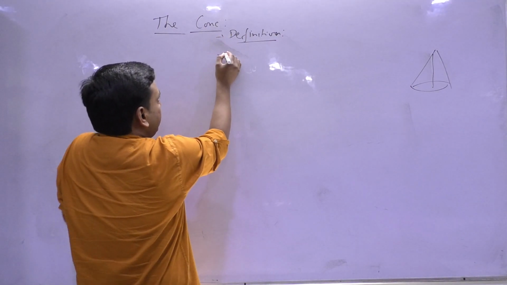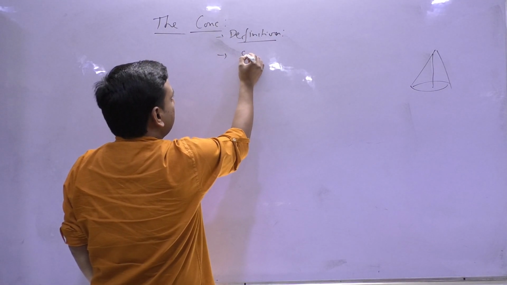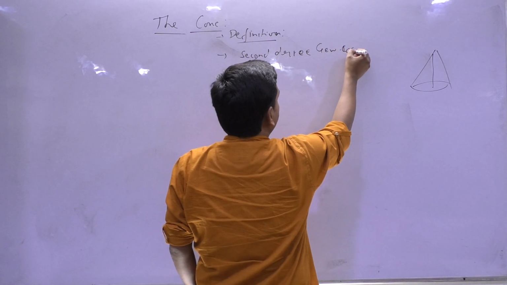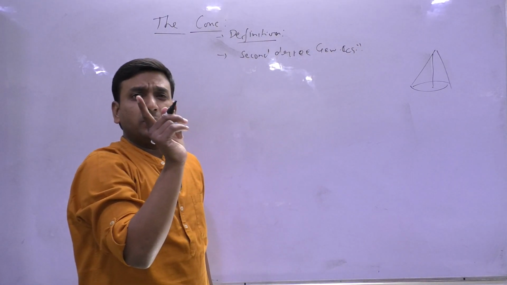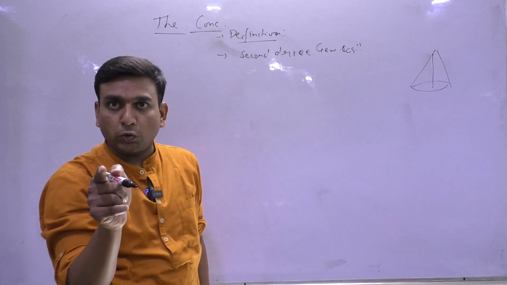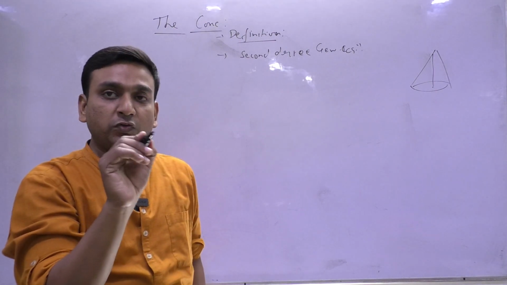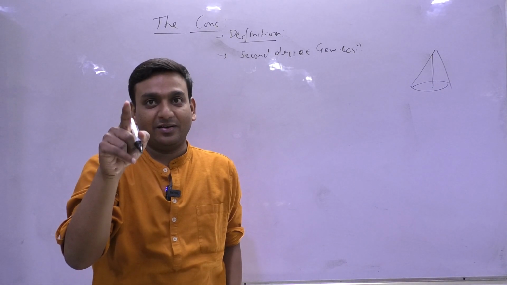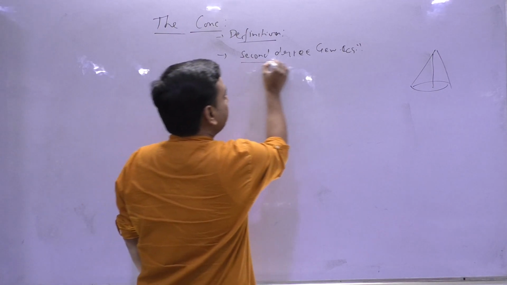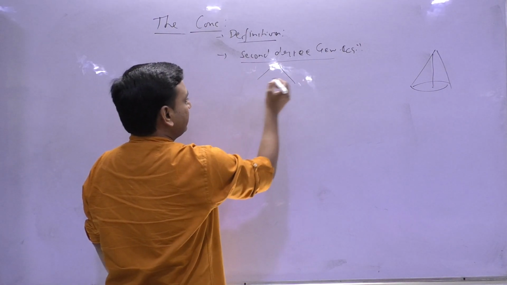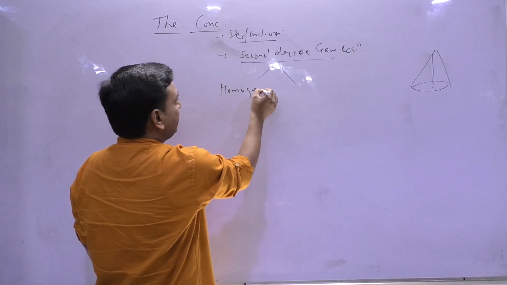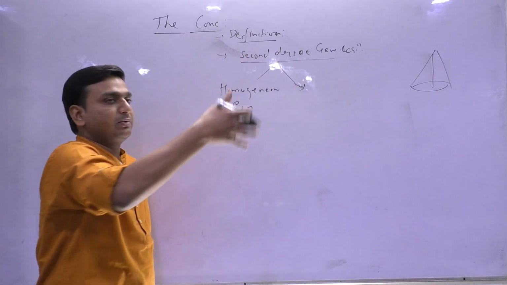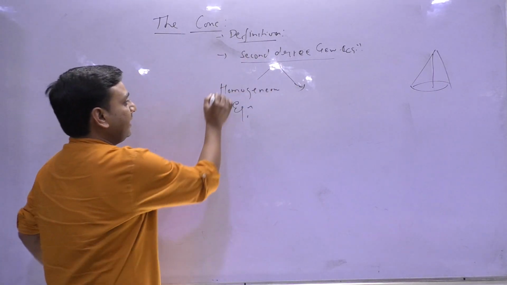Once we understood the definition of the cone, then we will learn the general equation of second degree. General equation, if I am not wrong, in the plane segment 2 lecture, I told you that I will use this general equation in the cone part. Did you recall? So that second degree general equation. I'll be more interested in the homogeneous equation, and later on we will be discussing the general equation. So why homogeneous?